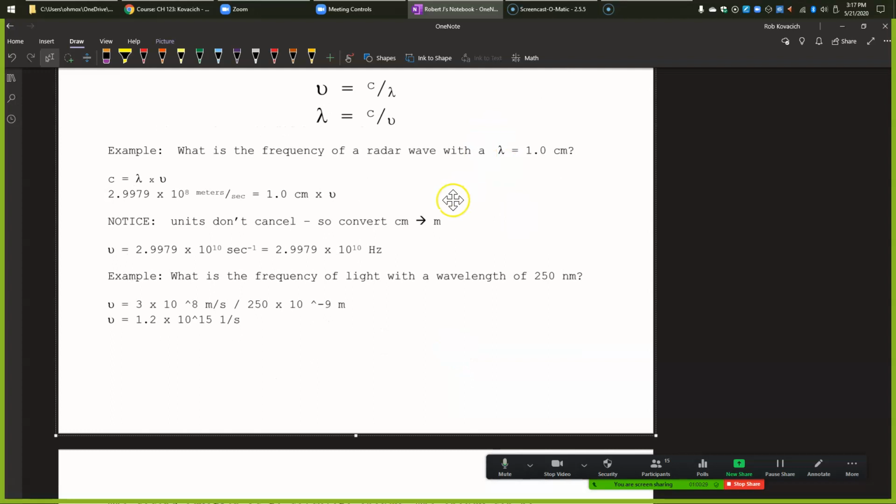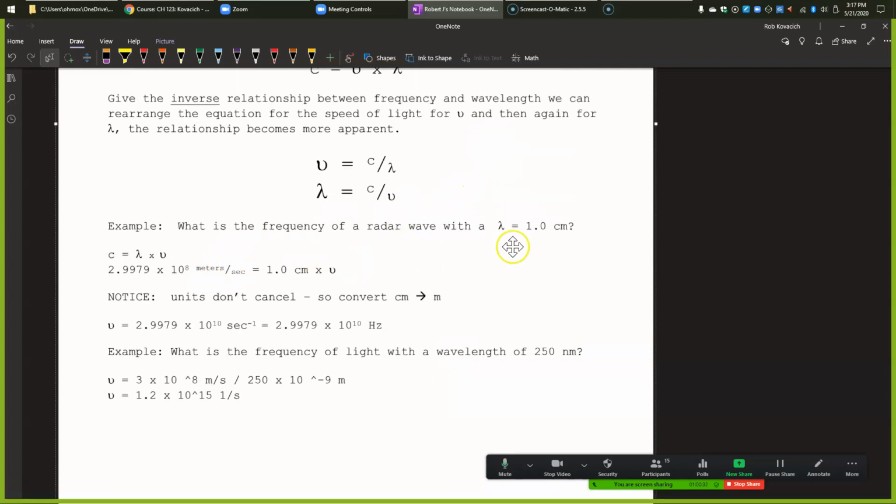So let's do a calculation here where radar waves are a centimeter. There are some radar waves that are 1 centimeter in wavelength. So I could plug in the speed of light for c, the wavelength is 1 centimeter, and then I'm going to solve for nu, which is frequency. The problem is I've got meters here and centimeters there, so I have to convert the centimeters into meters or vice versa. And then we end up with a frequency of basically 3 times 10 to the 10th